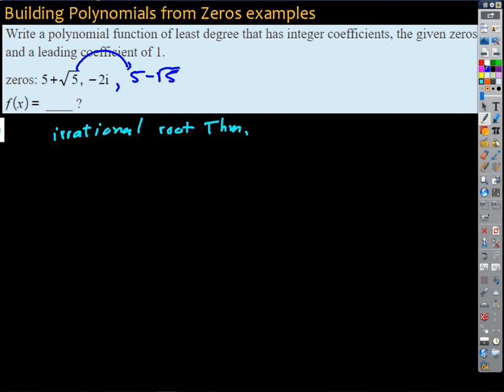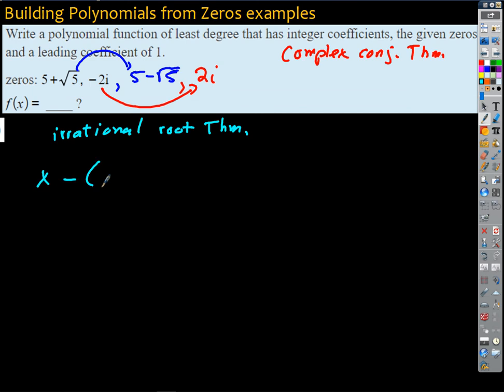And then, so this one we know has to go with 2i, and that's just by the complex conjugate theorem, right? Then if I want to build the simplest polynomial, all I'm going to do is just multiply out those factors. That's no big deal. So I'd end up with